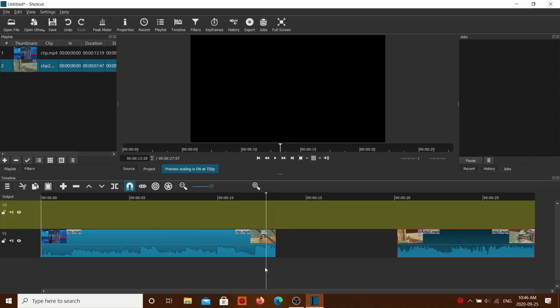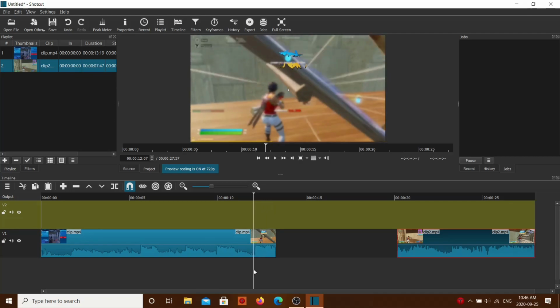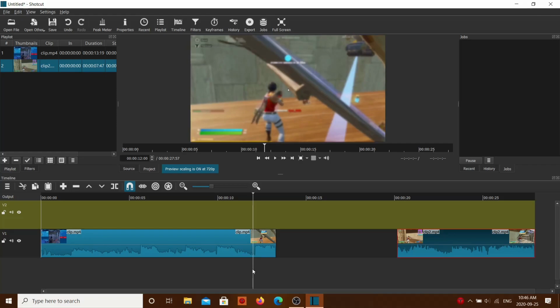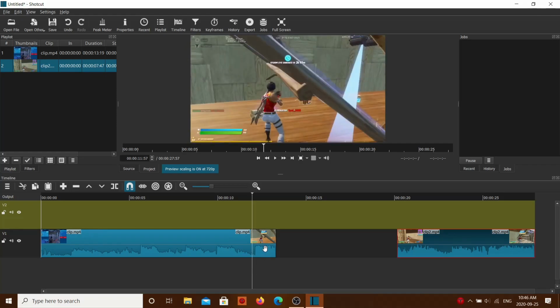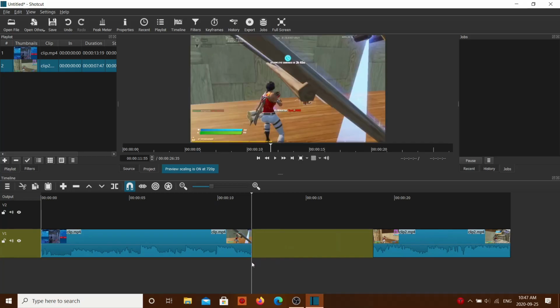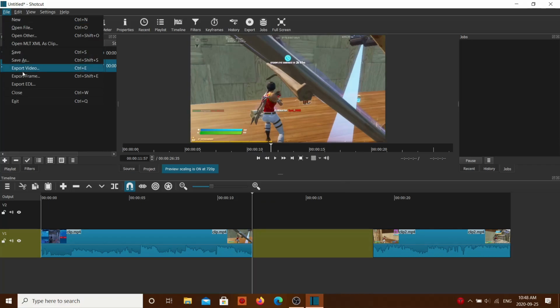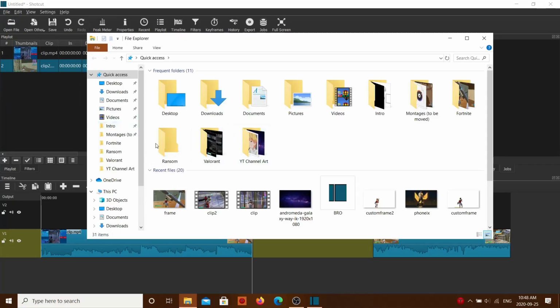Okay, so first, basically what you want to do is find the end frame of your clip. So I actually don't want the clip to end here. I want it to end around right here. That would be nice. So you want to find the end frame of your clip and export it. So I've already done that, and what you want to do is find your frame. So I have mine right here,